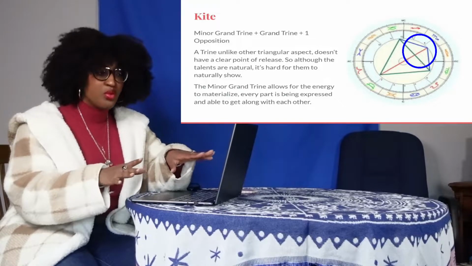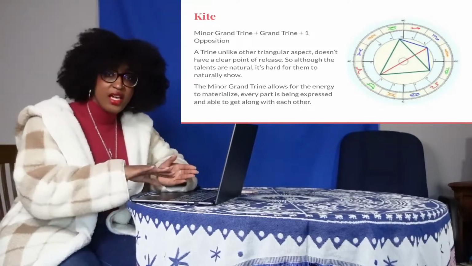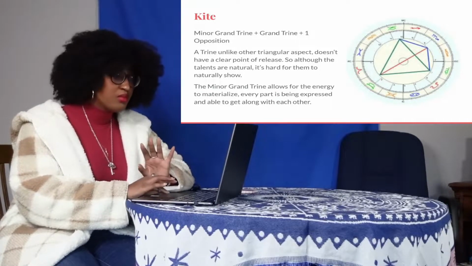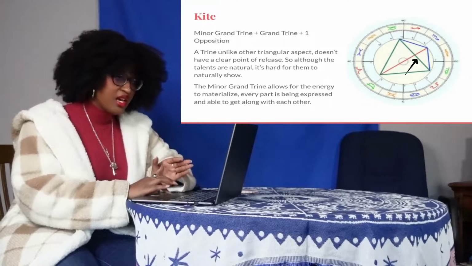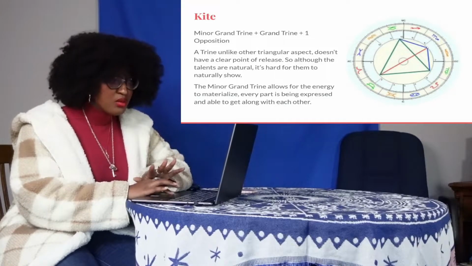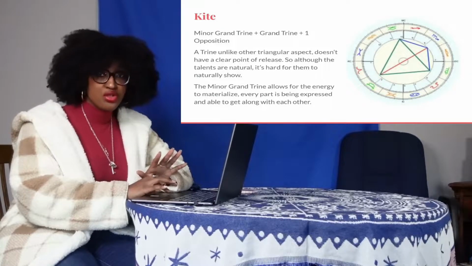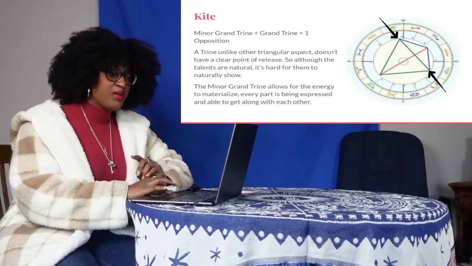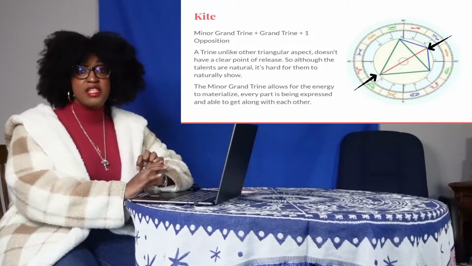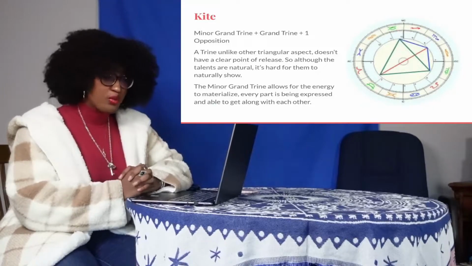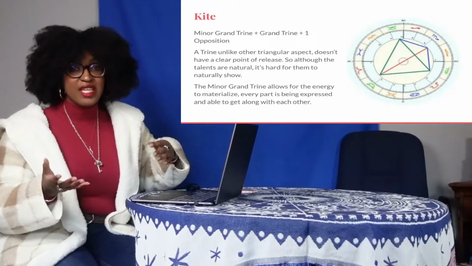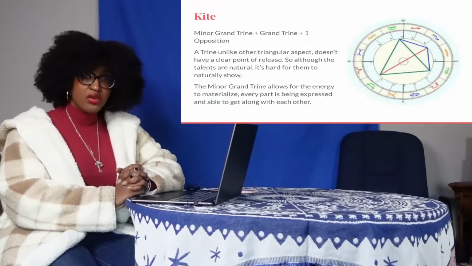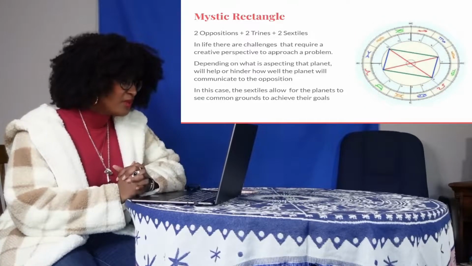So it's like being on the borderline. You're able to see from both sides. And because these planets at aspects right here, a trine aspect, are able to see both sides of this minor triangle aspect and this major triangle aspect, they're able to help these two planets that are at opposition with each other overcome their problems, and then everybody's happy because there's no stress. So that is really great, and I think we are done with the triangles for now.